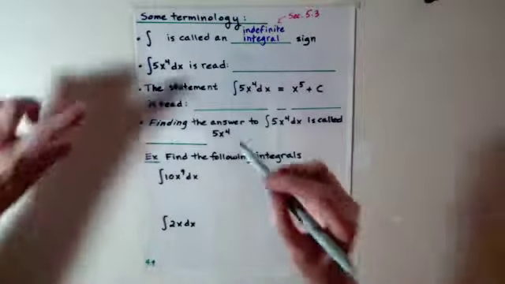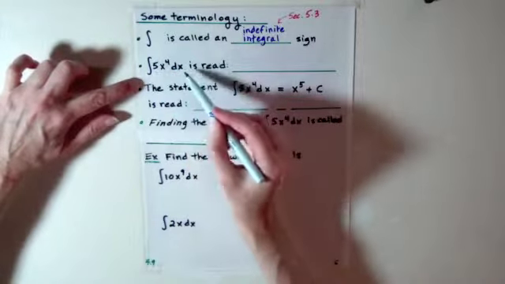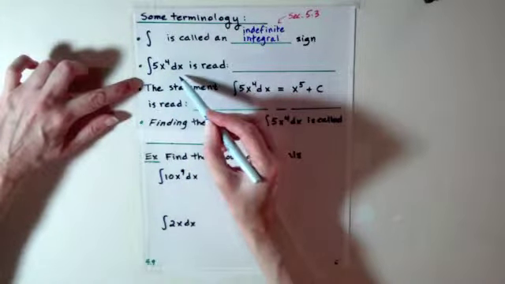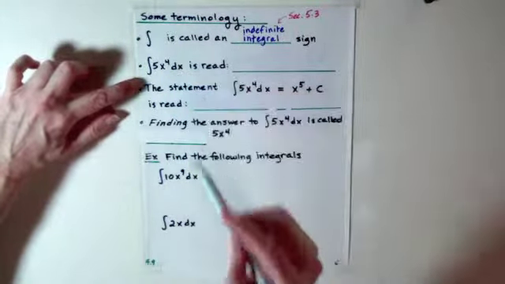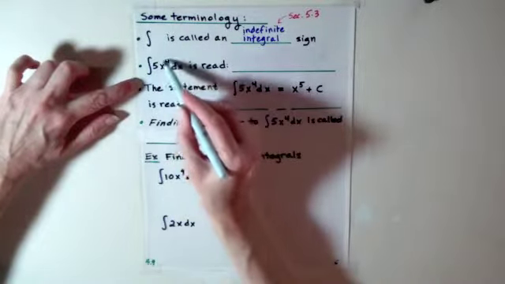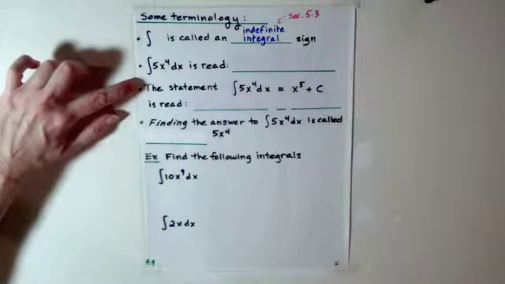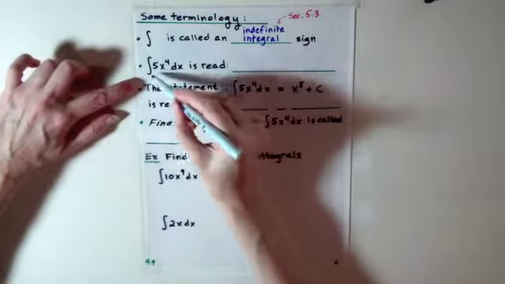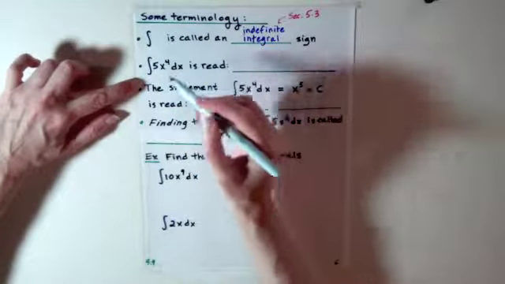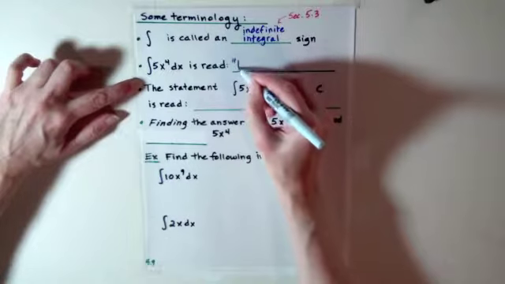So when I put this symbol together and write the integral sign and the dx, the operator notation that says find the set of all antiderivatives of whatever's inside. Oh, and notice here I didn't put the square brackets around the 5x to the fourth as I did on the previous page. Oftentimes if there's only one term in the function we're finding the antiderivatives of, we don't put the square brackets. But this would just be read the integral,